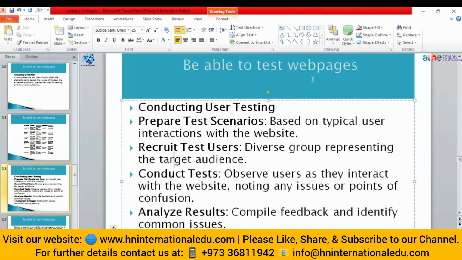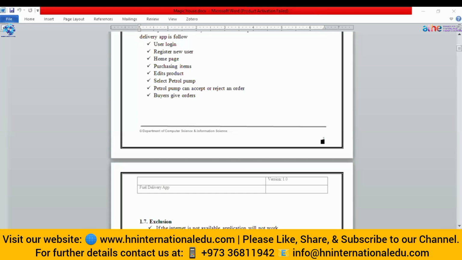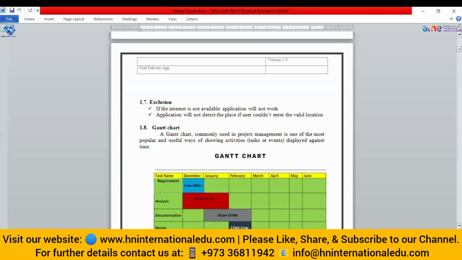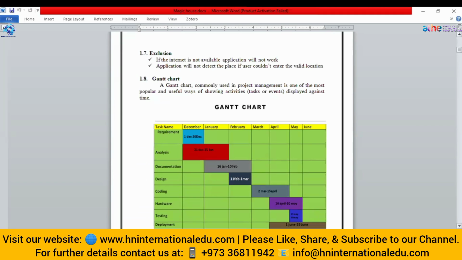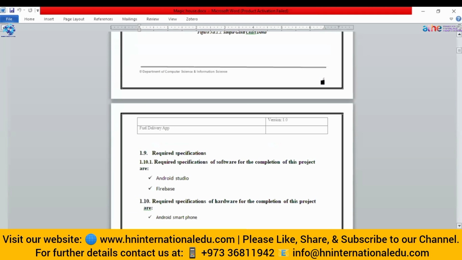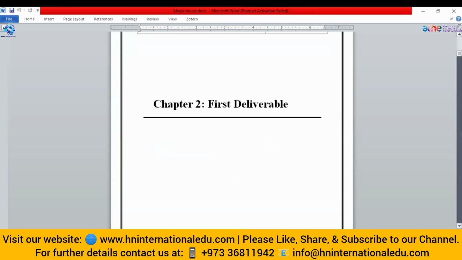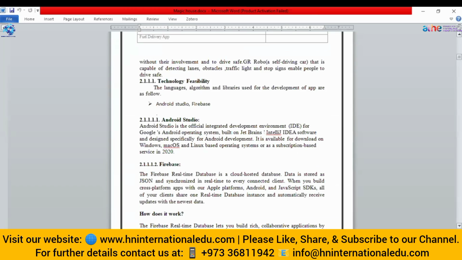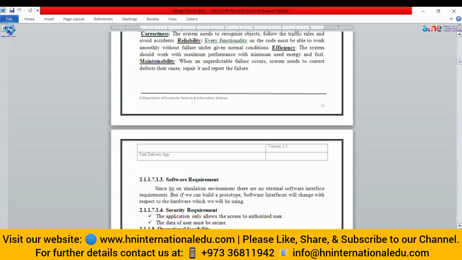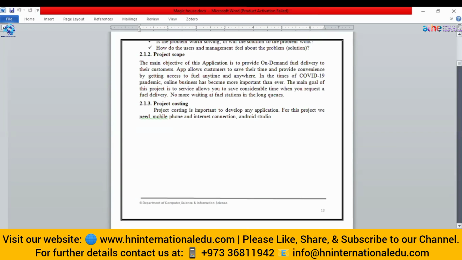Let me show you that. This is a real world documentation for a real project. You can see that in this we explain the timelines, when we will complete our project. Then after that comes the requirements for that project. It is written there what modules we are going to deliver. So everything is mentioned here.